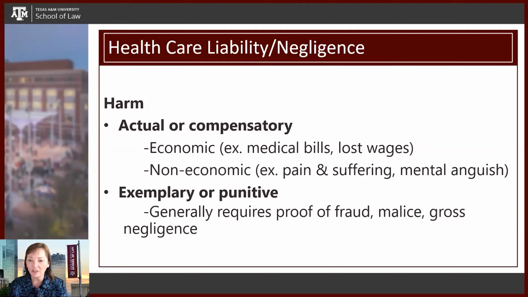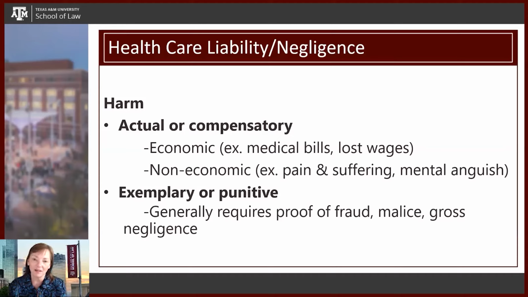Lost wages is another tangible item. What did this person make every week, or what was their salary monthly? They were off work for 5 months, so they lost 5 months of wages. They were scheduled for a promotion and that didn't happen. The promotion would have increased their wages by this amount. So if it's tangible, you can look at documentation, it can be proved, then those are types of economic damages.